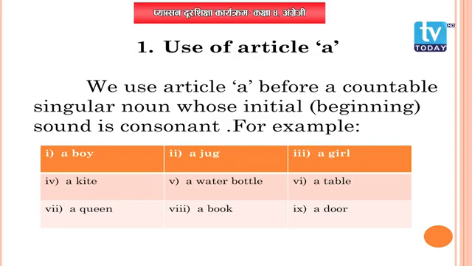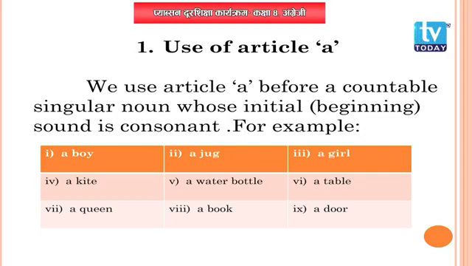Don't forget, children, we have already learned about singular and plural, and countable and uncountable, in our previous grades too. So today we have the use of article 'a' in front of a countable and singular noun. Before using the article 'a', we need to identify what are countable and singular nouns. The main use of article 'a' is in front of a countable and singular noun. There are more examples given in the slide as well.